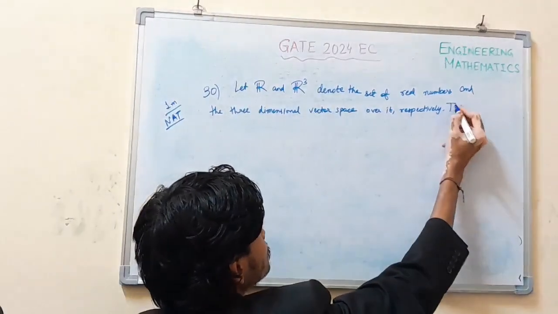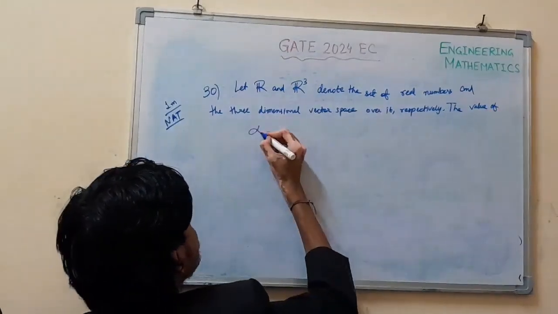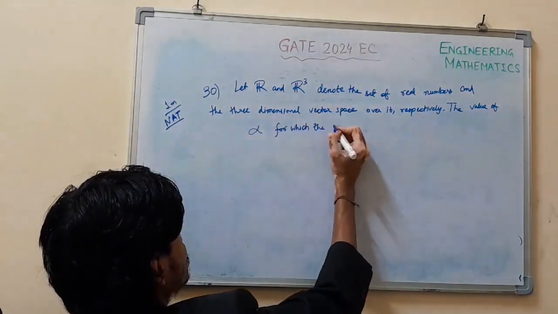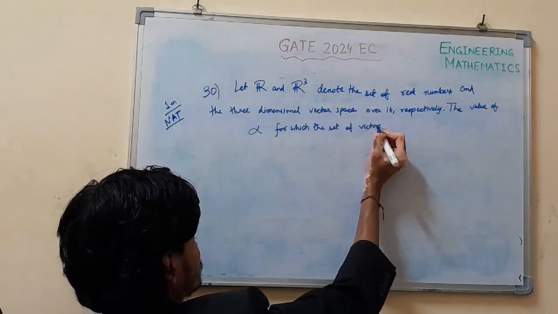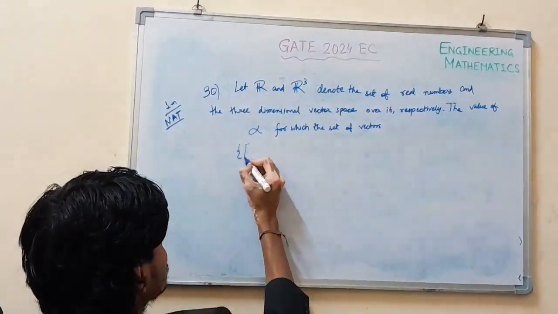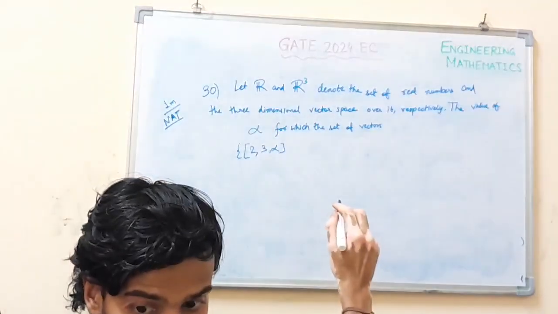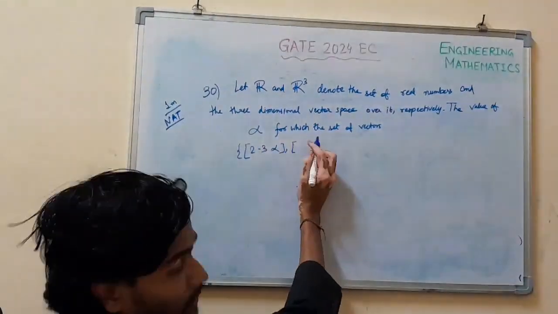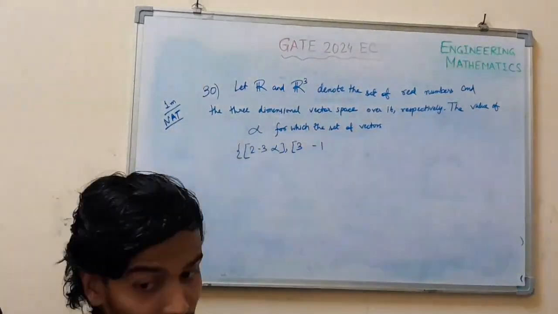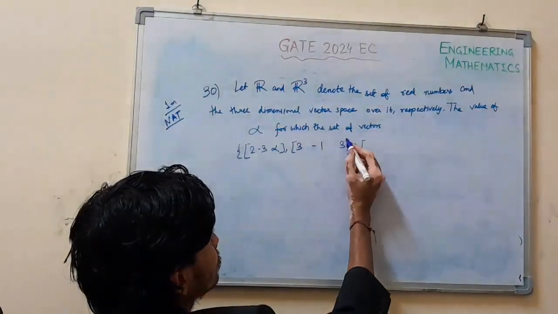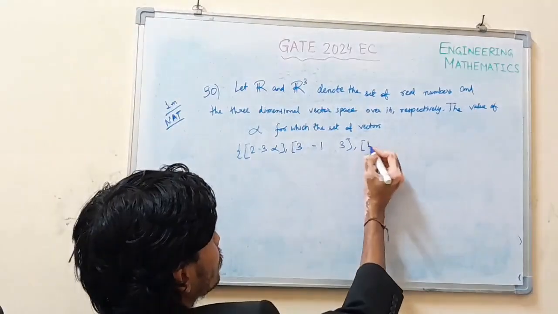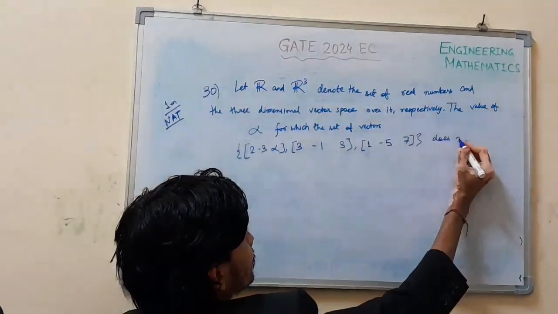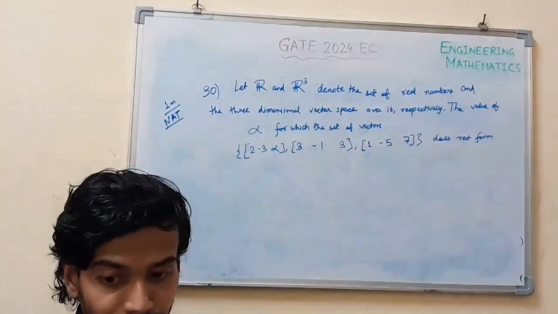The value of alpha for which the set of vectors (2, 3, alpha), (2 minus 3 alpha, 3 minus 1, 3), and (y minus 5, 7) does not form a basis